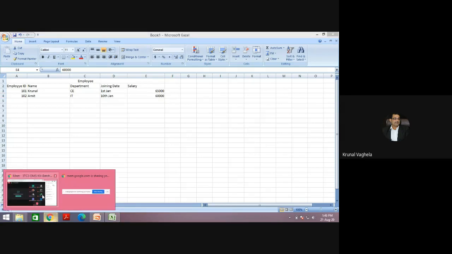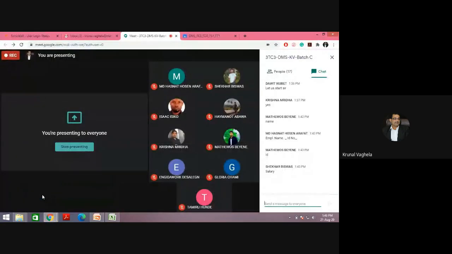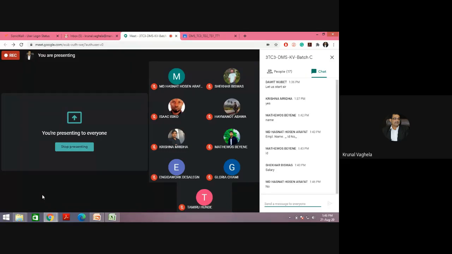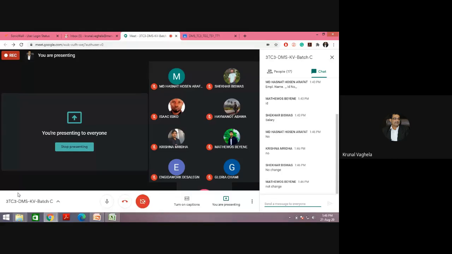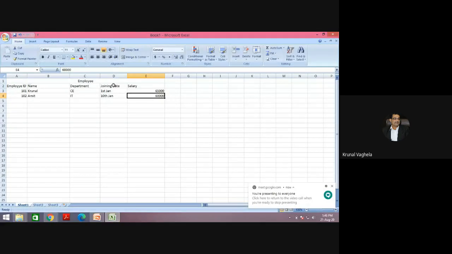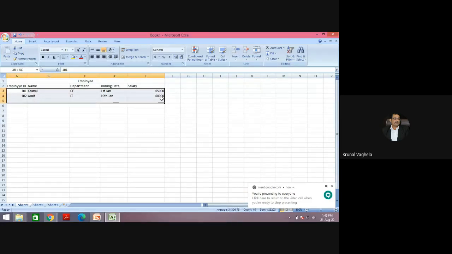Now tell me one thing, whenever you are adding the data in the table, schema changed or not? Whenever we are adding the data, schema will not change, because see, what is schema? Structure. We are not changing the structure. What we are doing, we are just adding the row. So schema will not change.